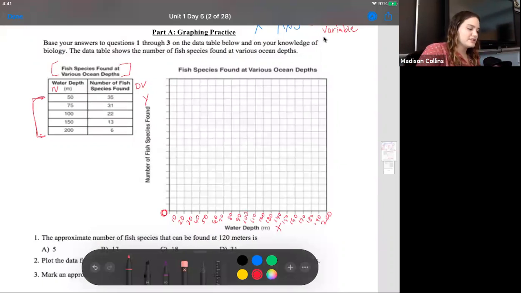But now we have to find out a scale for our y-axis. So the range for our values on the y-axis is going to be between 6 and 35. So we have to make sure that we can fit all of those numbers on our scale on the y-axis. Now, I said that our scales need to be consistent, but that doesn't mean that our scales for our x and y-axis have to be the same. So we can use a different scale. We don't have to use 10s on our y-axis. So let's try doing this by,